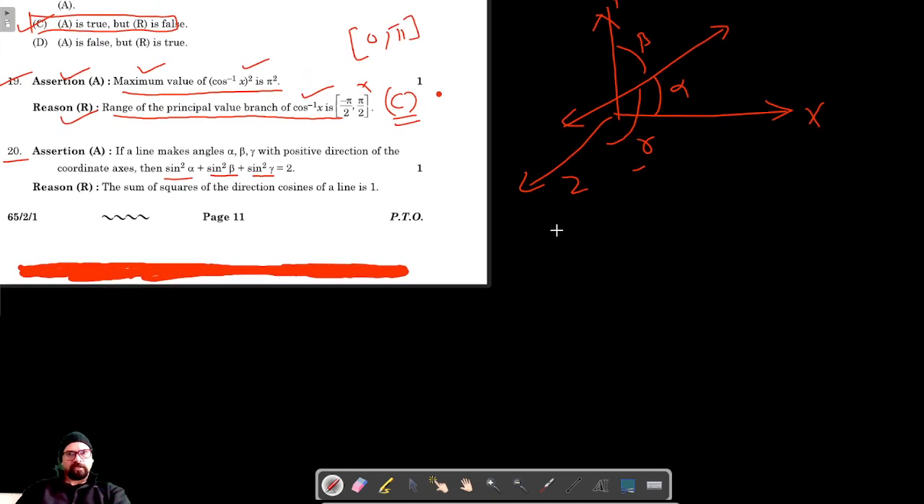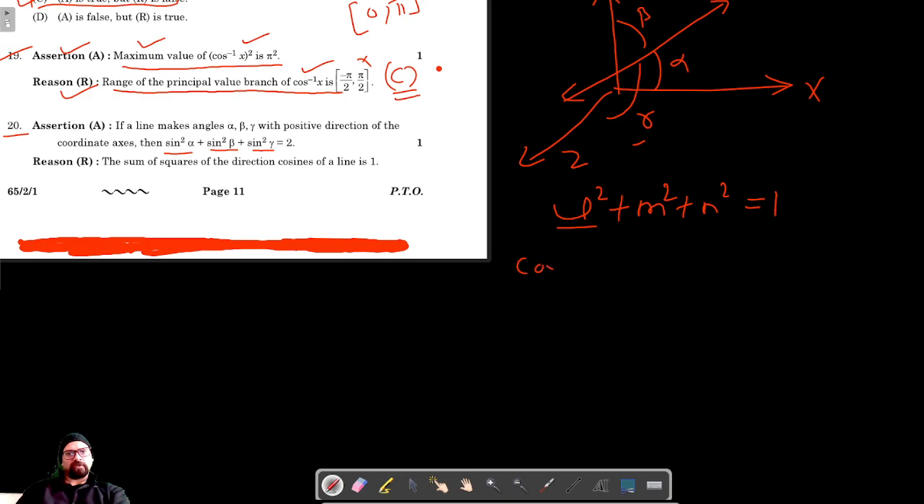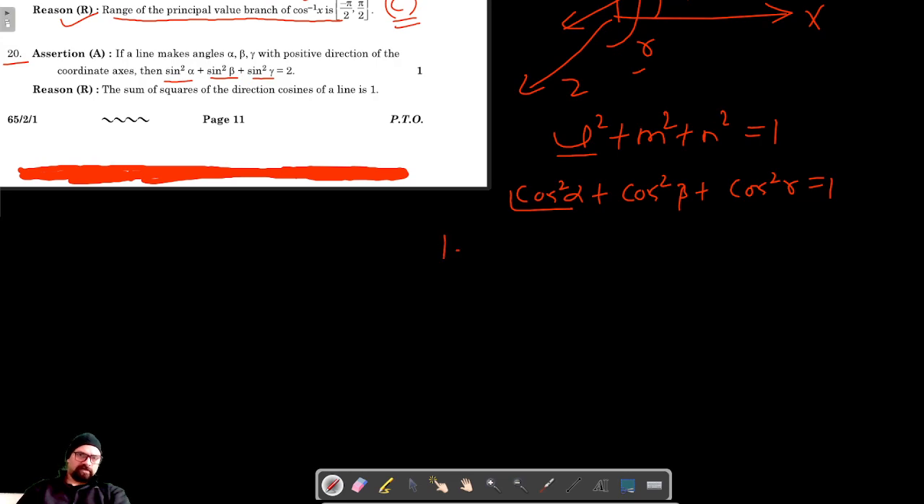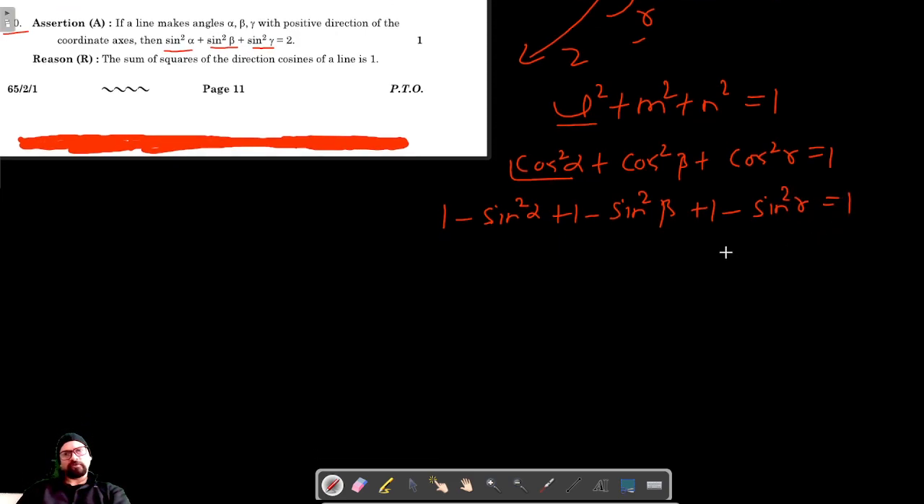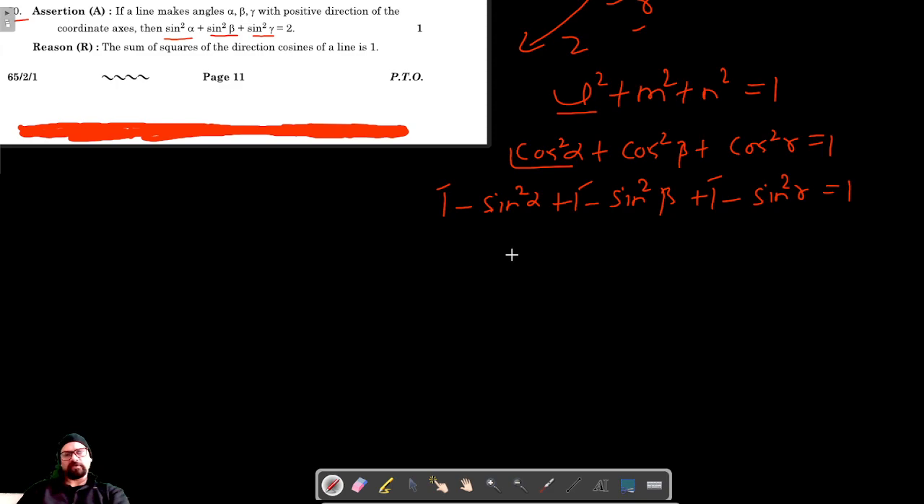For that, we know the relation between the direction cosines: l square plus m square plus n square is equal to 1. And l square is cos square alpha, m square is cos square beta, n square is cos square gamma. Now cos square alpha I can write as 1 minus sine square alpha in terms of sine. So 1 minus sine square alpha, 1 minus sine square beta, 1 minus sine square gamma is equal to 1. So 1 plus 1 plus 1 is 3, and if we take negative common,